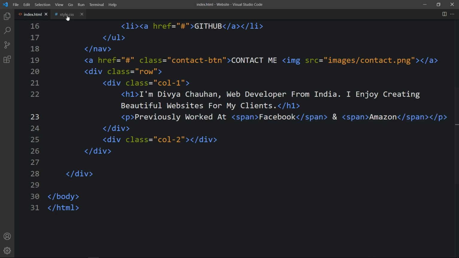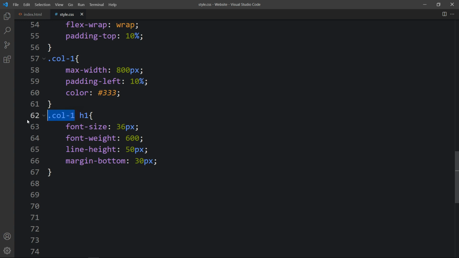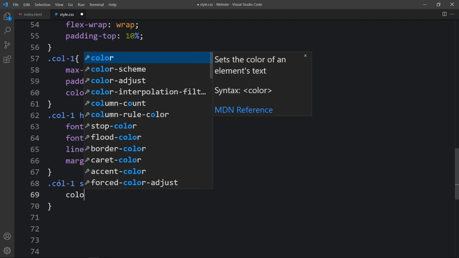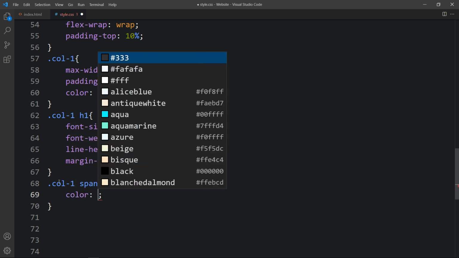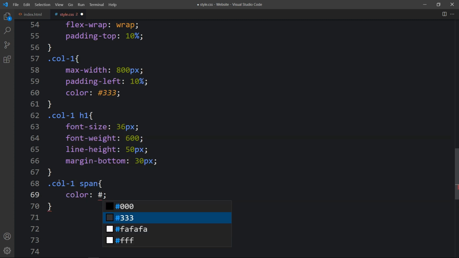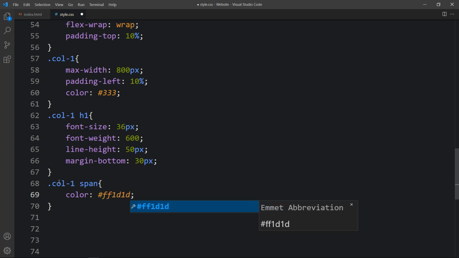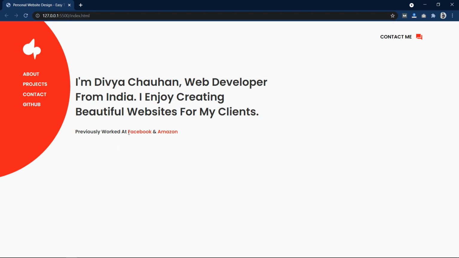Now just come to the CSS file, write the class name, then write a span, and here we will change the color. So the color code is this one. Now you can see the changes in this text color.